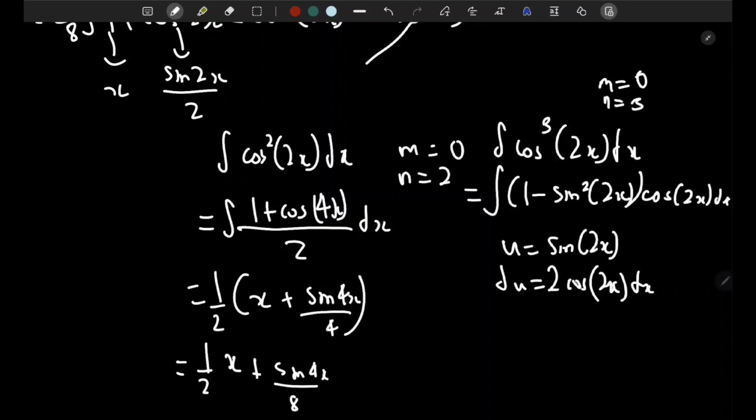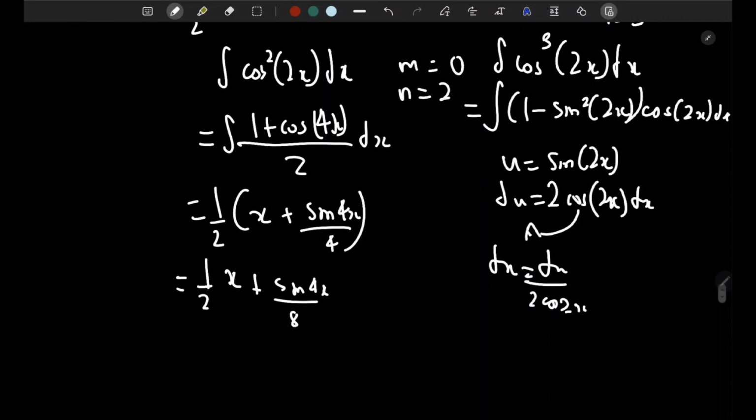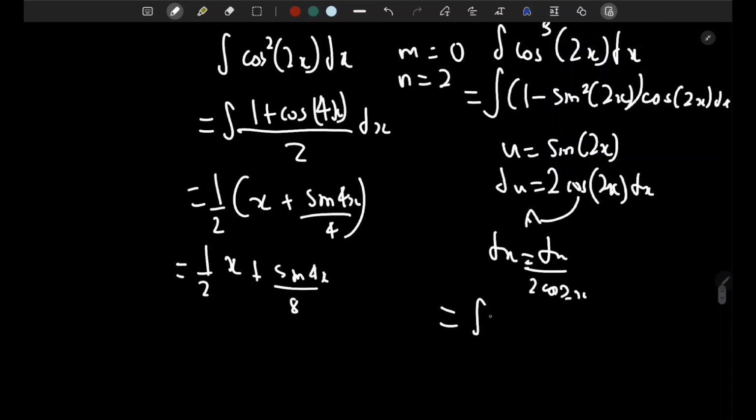Dx. Now we can rearrange this and rewrite it in terms of dx. Actually, a simpler thing is that we can just take this to the other side and leave dx over here. So dx is equal to du over 2 cosine 2x. Now we can go back to our equation and rewrite it now. So it's equal to 1 minus u squared